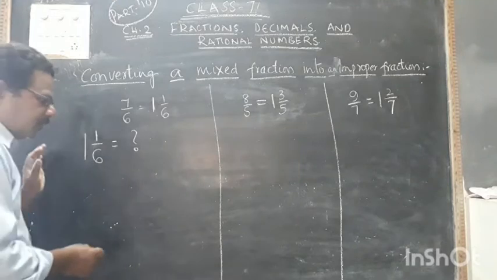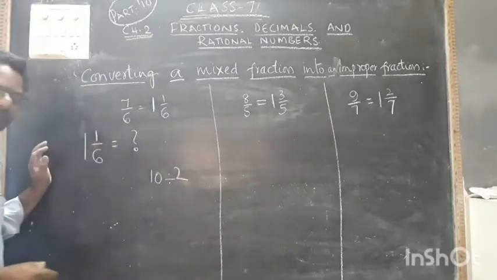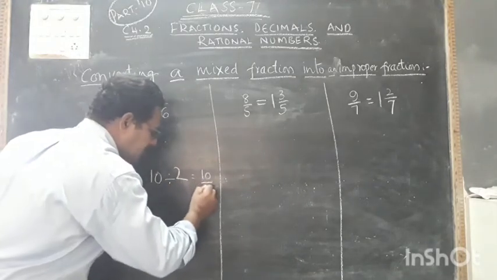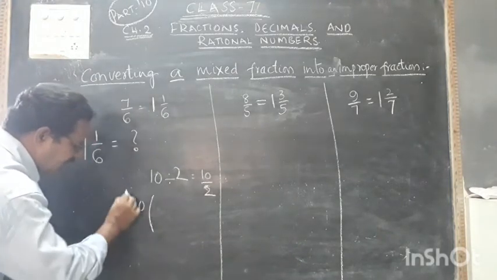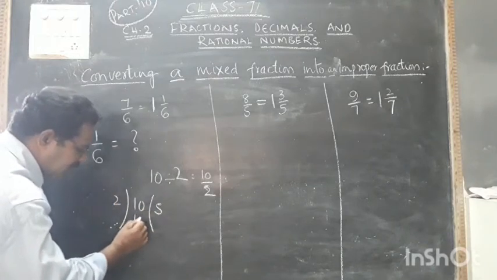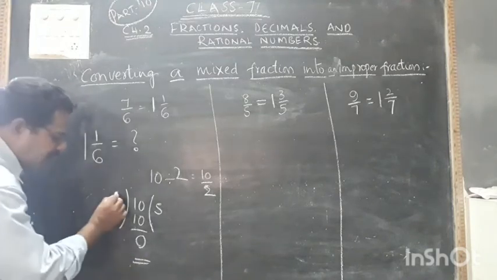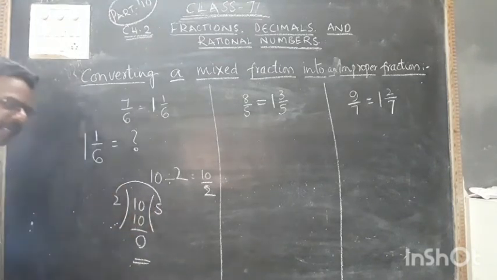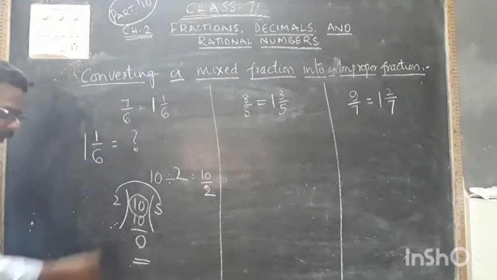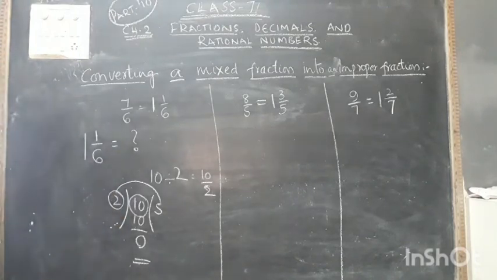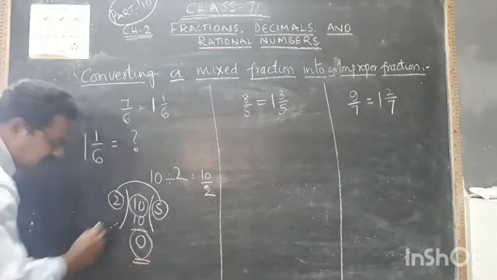Suppose in a division we have taken a number. Okay, I asked you to divide 10 divided by 2. It can be written as 10 by 2. How to do this one? 10 is to be divided with 2. 2 5s are 10. The remainder is equal to 0. Okay. If the remainder is 0, you can multiply these two and you can get this one. Here this term is called dividend. This 2 is called divisor and this 5 is called quotient and this 0 is called remainder.